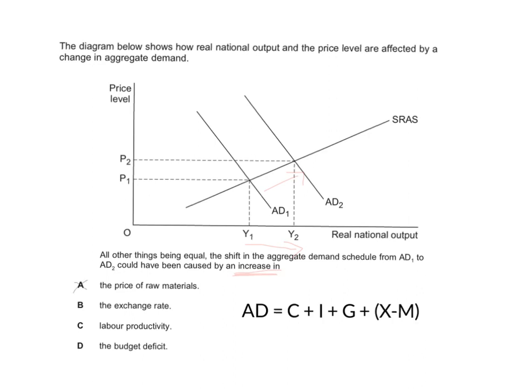Now let's have a look at the exchange rate. The exchange rate could impact AD, but it could also impact short run aggregate supply. So we just need to see how. So when we look at the increase in exchange rate, we would use SPICED, and SPICE stands for strong pound, imports cheaper, exports dearer. So looking at it from this point of view, actually this would cause an AD shift to the left. And the reason being, you'd get cheaper imports,